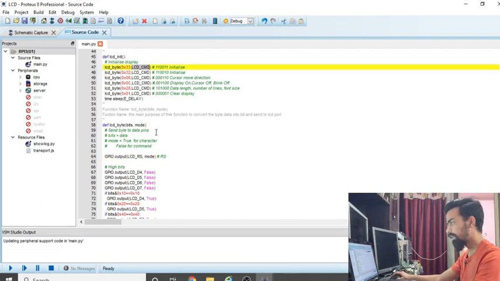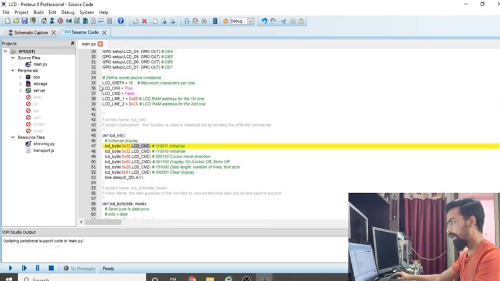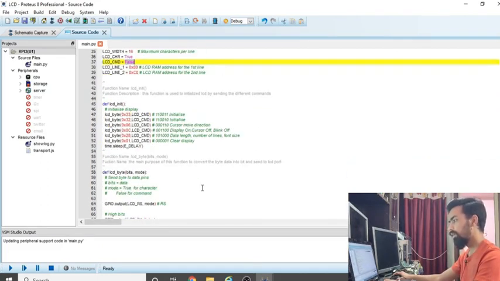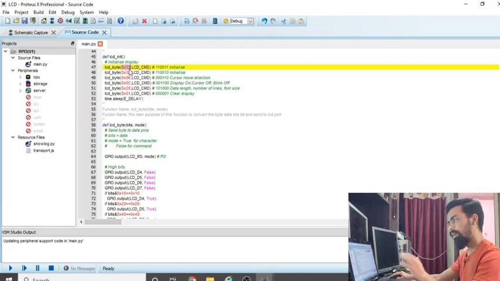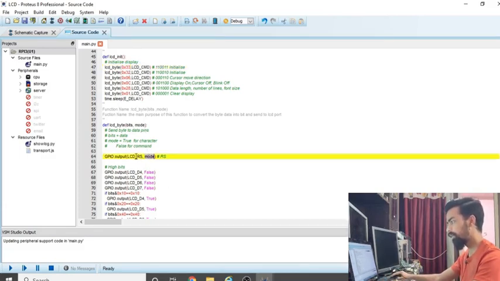You can see LCD command mode is a variable, and this variable has the value False. So whenever you are sending a command to the LCD, you have to send RS as 0, that is a 0 signal on the RS pin. In the function lcd_byte, sending a command with LCD command automatically sends 0 on the RS pin with GPIO.output LCD RS to 0.